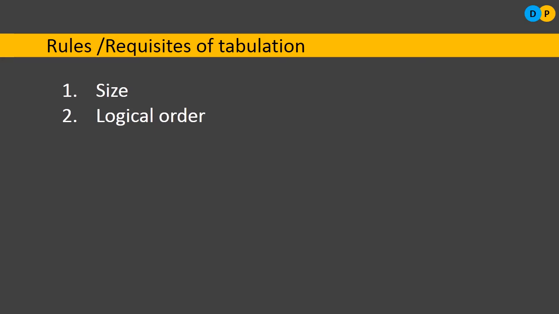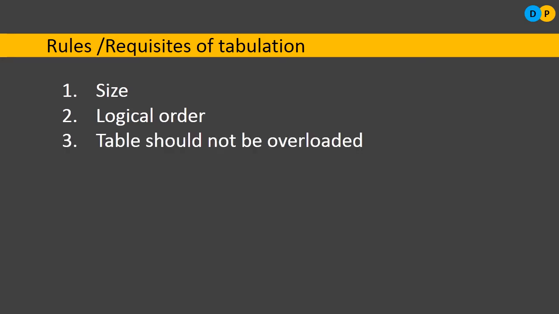For example, in the examination results, if I want to identify a particular person's result, then I can find it out by his register number or by his name. So how am I going to arrange the data within this table? The data will be arranged either alphabetically by their names, student names, or by their register numbers in a particular order, so that it will be easy for us to dig out the data.